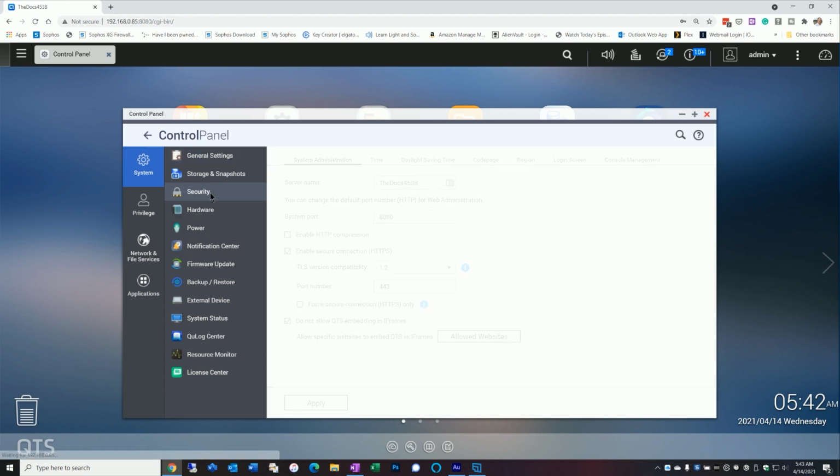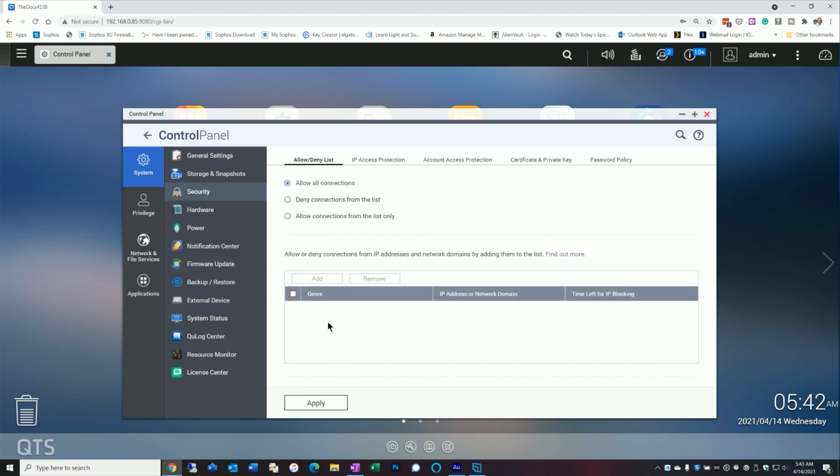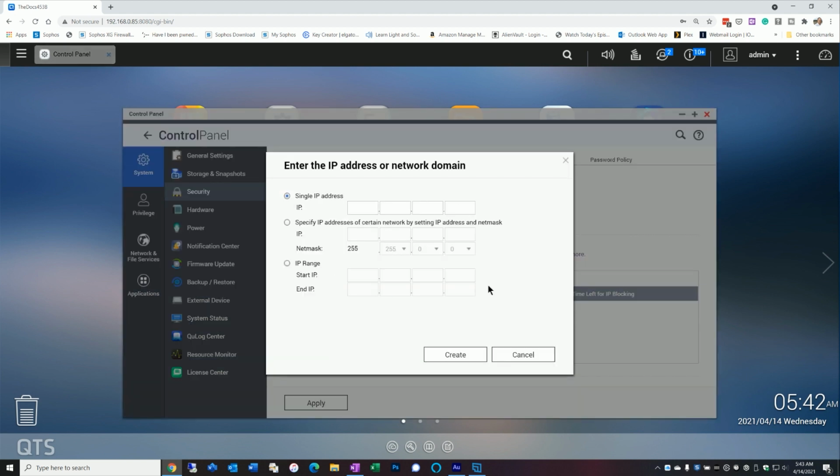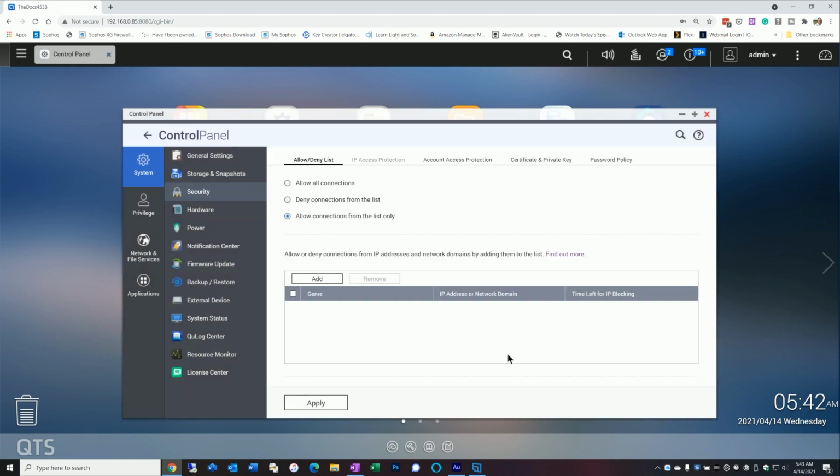Moving on to the security section, there's a couple things that, and I've covered this on previous videos, but I'll go over it real quick anyway. If you really want to get it to the extreme, you can really take control of who and what has access to your NAS. The simplest way, or one of the simplest ways, is to actually restrict which IP addresses can get into your device. And you can do this by doing an allow connection and then selecting or typing the IP address or address range into this to limit it to, let's say, IP addresses on your particular network. Now that can be a lot of trouble, but it's one really good way to kind of lock down your